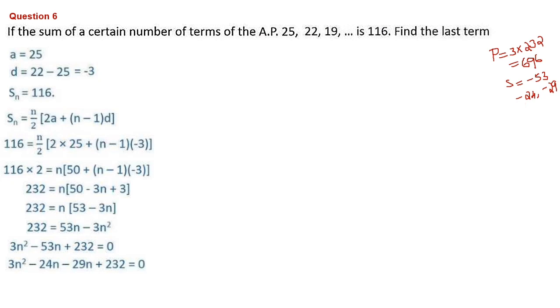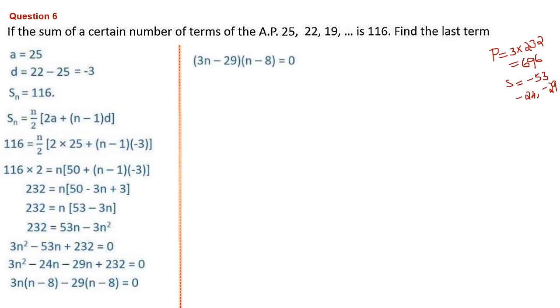Okay. Then from these two terms, 3 and n are common. So 3n we have taken out. From here 3n going out means n balance, and here 24 divided by 3 means 8 will be coming. So n minus 8. In these two terms, if you keep minus 29 outside, n minus 8 is equal to 0. Then n minus 8 is common in these two terms. Take out n minus 8 into the first term 3n, second term minus 29. So 3n minus 29 into n minus 8 is equal to 0.